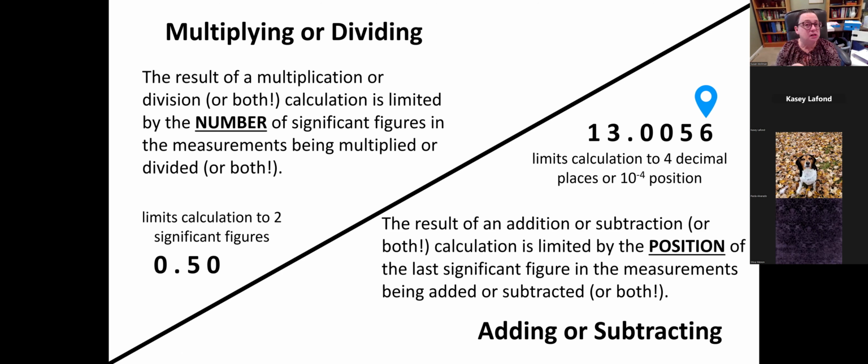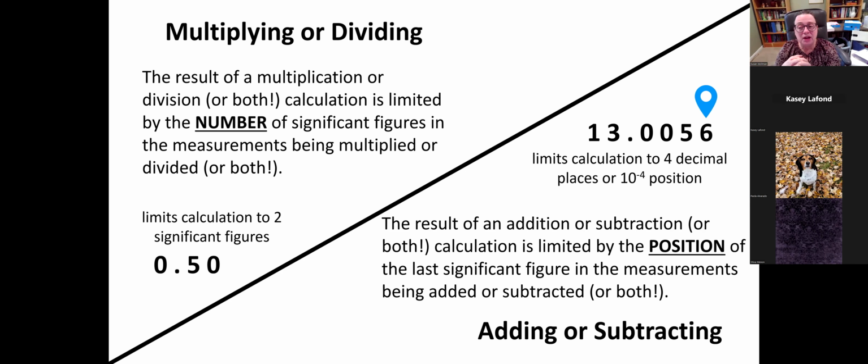Our final result of that calculation is going to be limited by the position, not the number, the position of the last significant figure in all the numbers that we added up and subtracted. So we need to be able to figure out sort of the place, right? Is it in the ones place? Is it in the hundreds place? Is it in the thousandths place? So our example there is